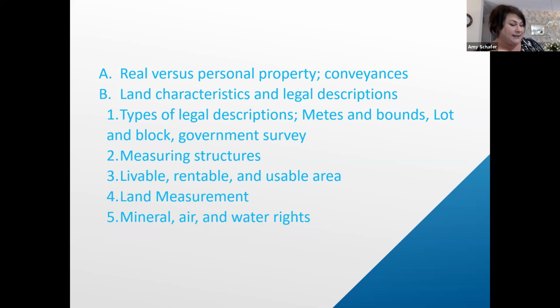Mineral, air, and water rights. This is maybe going to go a couple of different directions for you. This may be not really explained on this list. But first of all, when you buy property, you've got land, and then you've got real estate, which is land plus the human-made improvements, such as, I don't know, a house. That is real estate, okay? Then in that land, you've got air, mineral, and water rights, which means you've got surface, subsurface, and air rights that you can